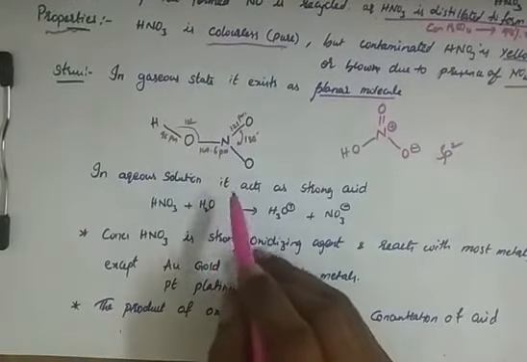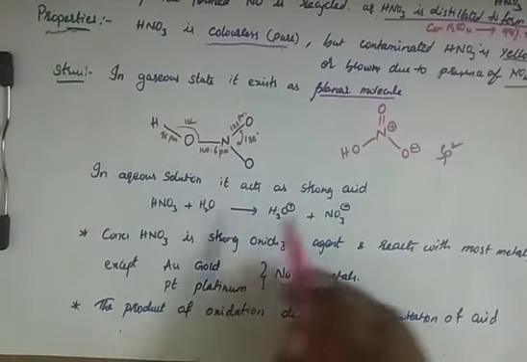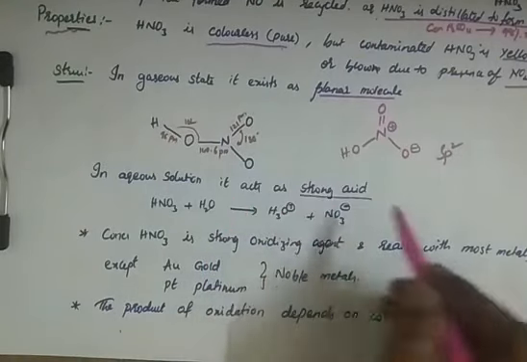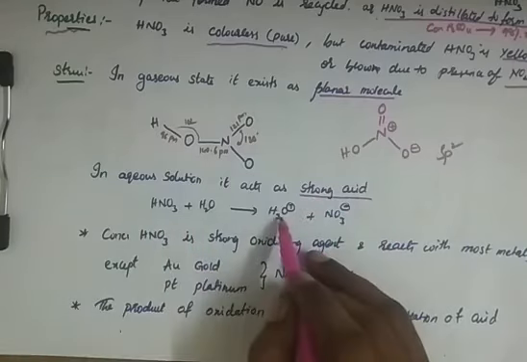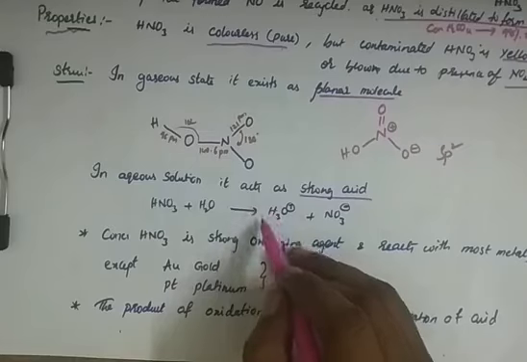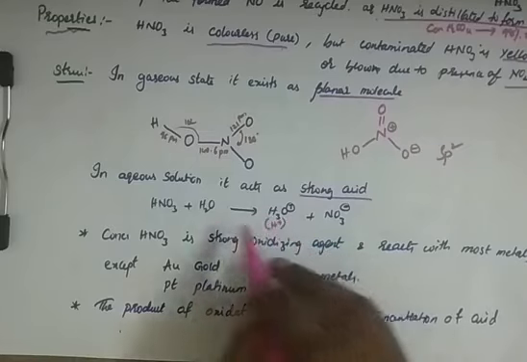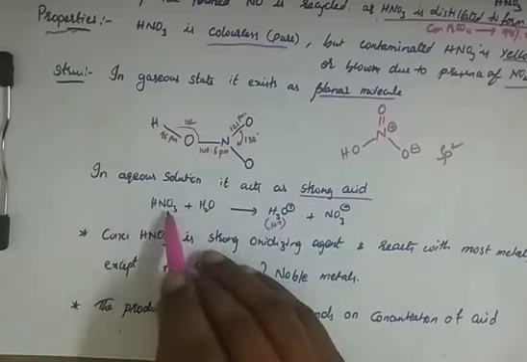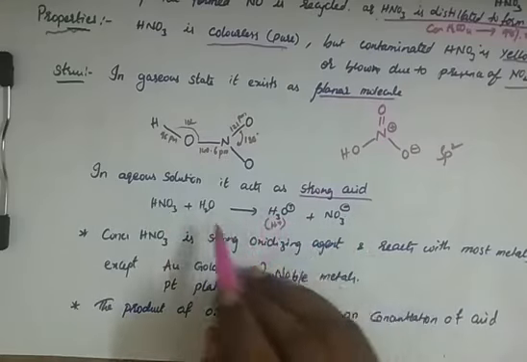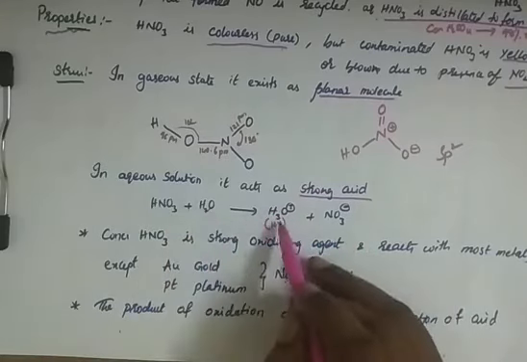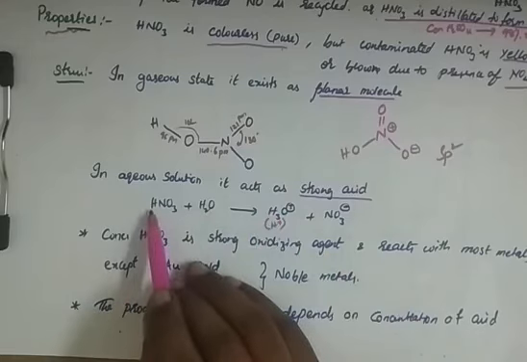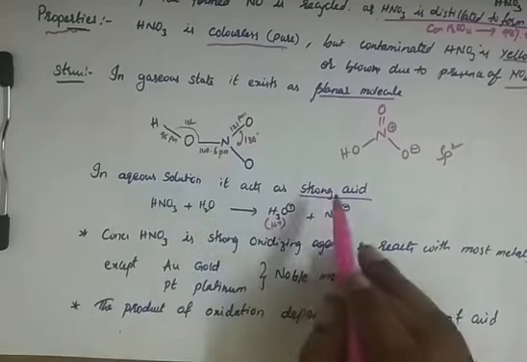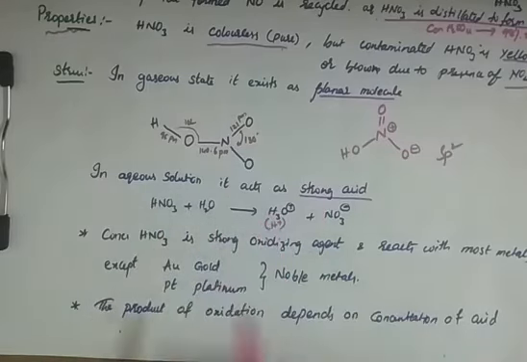Its property: when it is dissolved in water, it acts as an acid. That's why we say nitric acid, right? Because it donates H plus. H3O plus when I write it is nothing but H plus taken up by water, so H plus and NO3 minus form. When dissolved in water, the hydronium ion H3O plus is formed. So this proton donor is an acid. Therefore, as it donates this proton, nitric acid is a strong acid in aqueous condition.